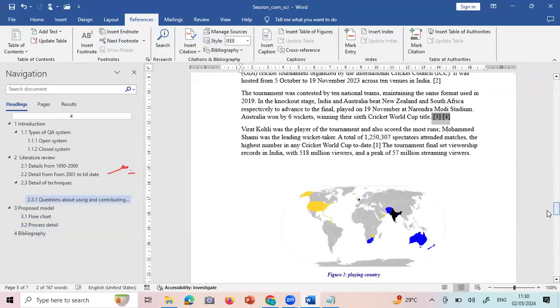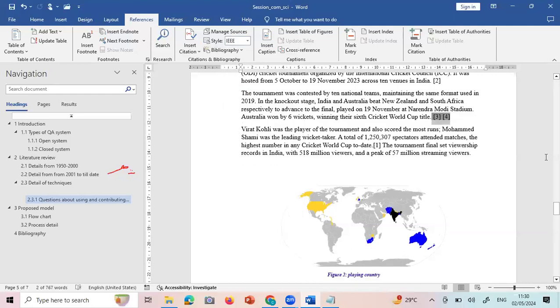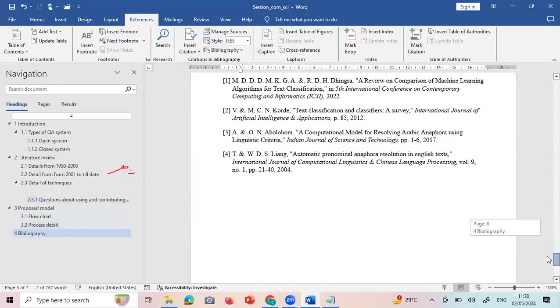Are you clear with this? So you change the format, and automatically the whole formatting will change. Yes, ma'am, understood. You wanted the numbers here, you will get the numbers because we have the IEEE format, which normally goes with numbers. So you don't have to give them manually, because this is the format we generally follow with IEEE. But when you are going with APA format or HPA format, there you will find that these are kept in